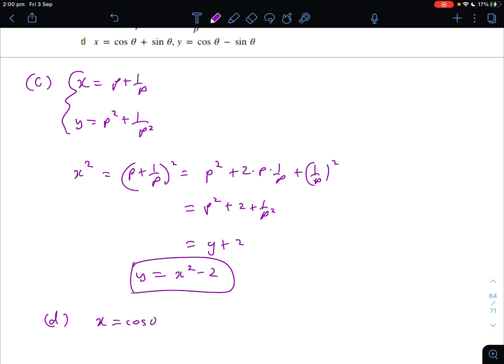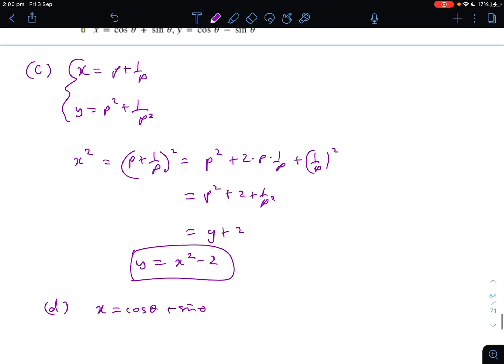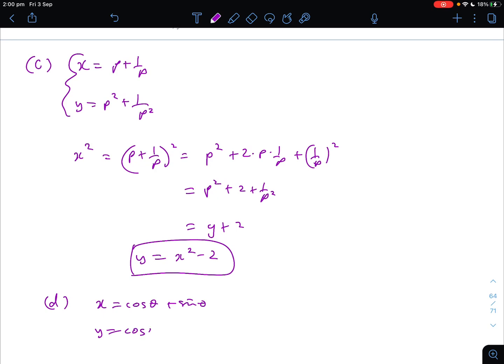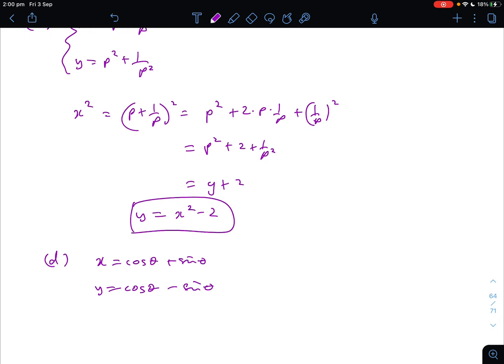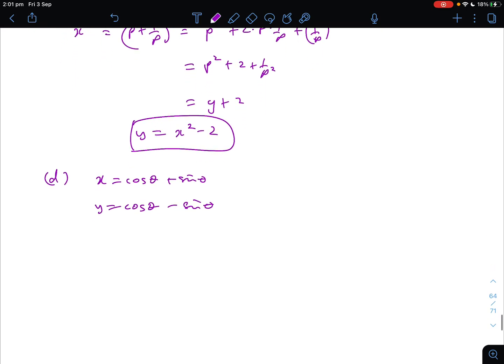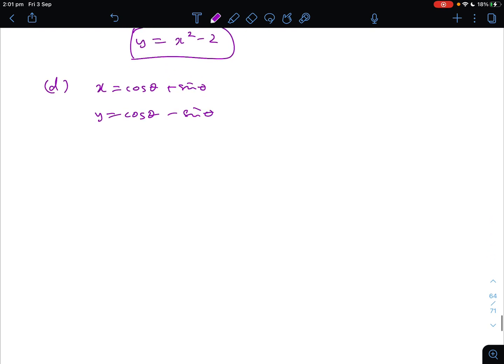D, a bit trickier. x equals cos theta plus sine theta, y equals cos theta minus sine theta. And yeah, you can try and combine those in various ways, add them together, and you get x plus y is 2 cos theta, and maybe x minus y is 2 sine theta, and then somehow square one and square the other. You could probably go down that route, but I'm probably a bit more used to being able to see that x squared equals